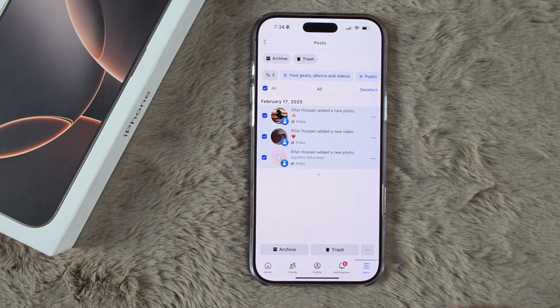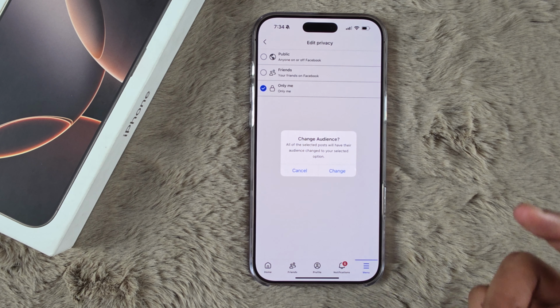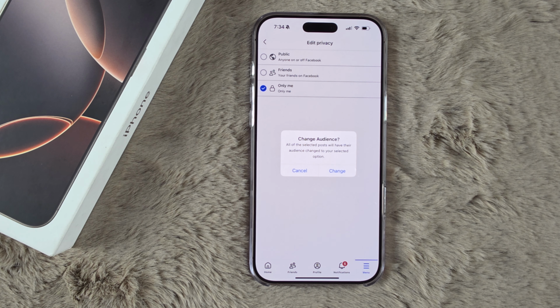Now from here you will find the change audience. Tap on it and then you can tap on change audience, and from here you can see three options like public, friends and only me. You have to choose only me to hide or make private all these public posts that you have made on your Facebook account. Now simply tap on change and it will make all the public posts private posts on